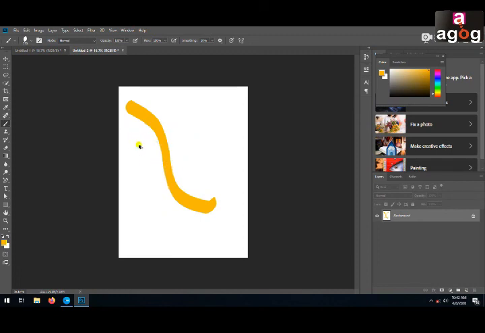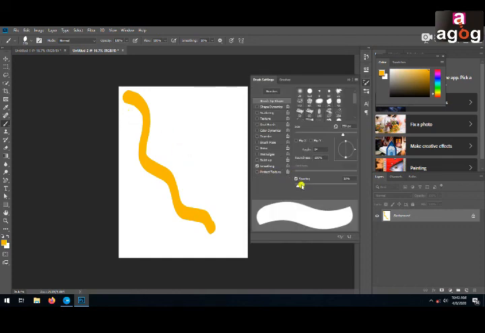So the problem is, if you continuously draw, it looks like a stroke, but if you want some space in these strokes to make it appear as leaves, you can hit F5 for brush properties.